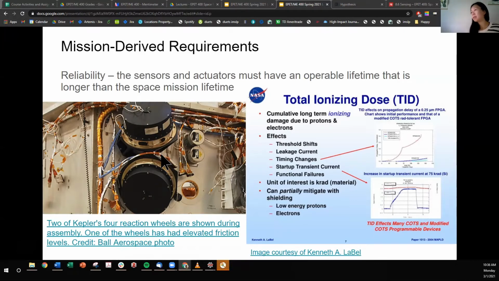Maybe the lubricant is displaced or not present anymore. Maybe there's some ionizing dose that has zapped out or evaporated